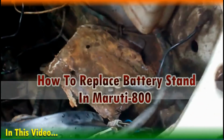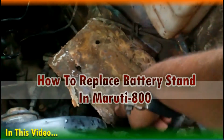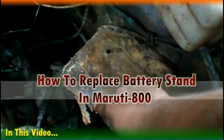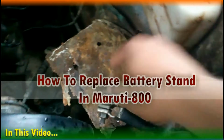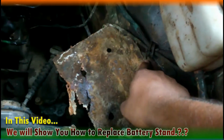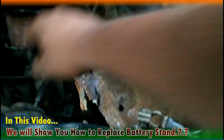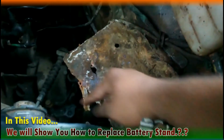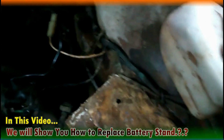Guys, the battery stand in a car must be equally safe as compared to other spare parts of the car. Because if the battery is not properly placed and is not stable, then there might be chances that it may fall down in a running car and get damaged and may come over the fan. As you can see, many things can happen with a car, and the most dangerous thing is